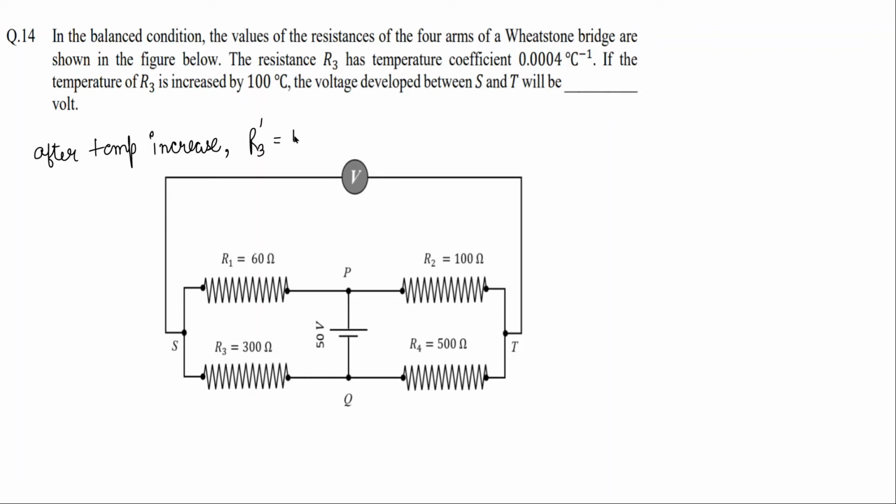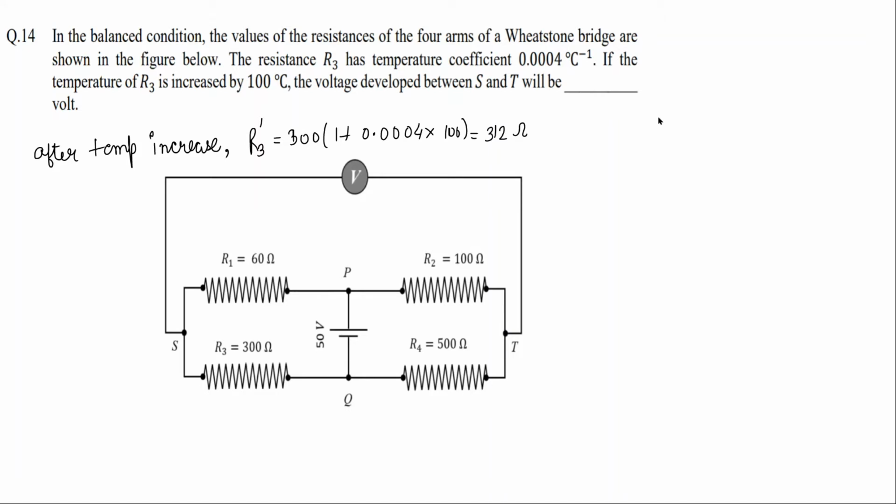R3, that is 300 times 1 plus alpha delta T, that is alpha is 0.0004 into 100, that is equals to 312 ohms. Okay, so now